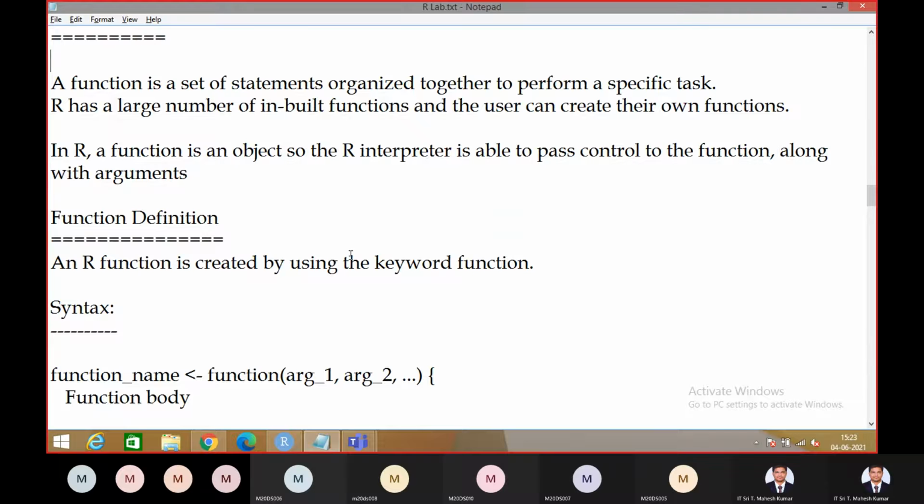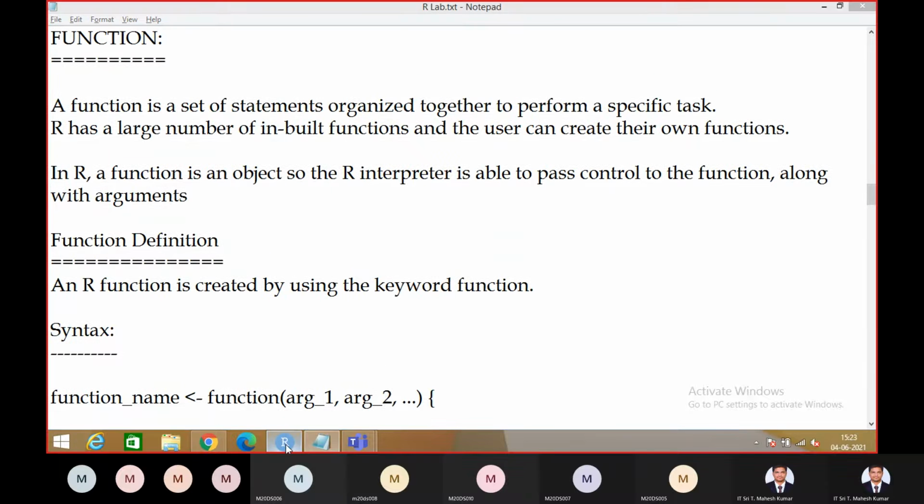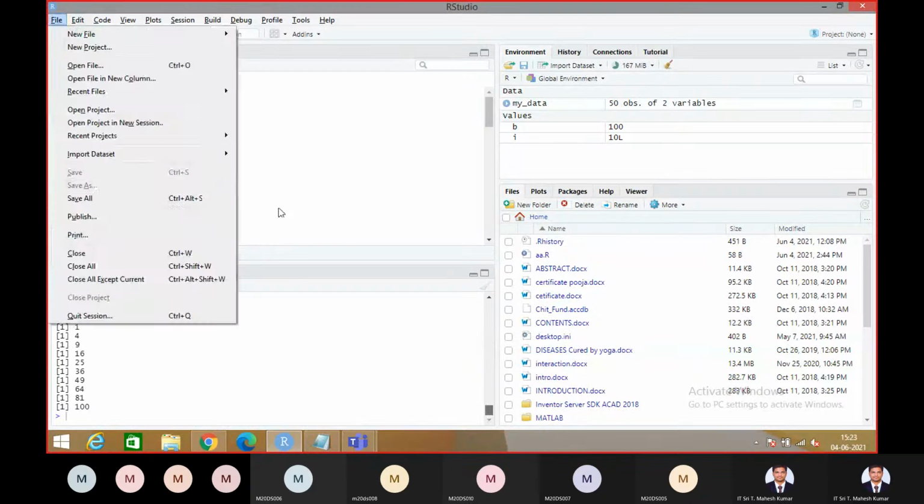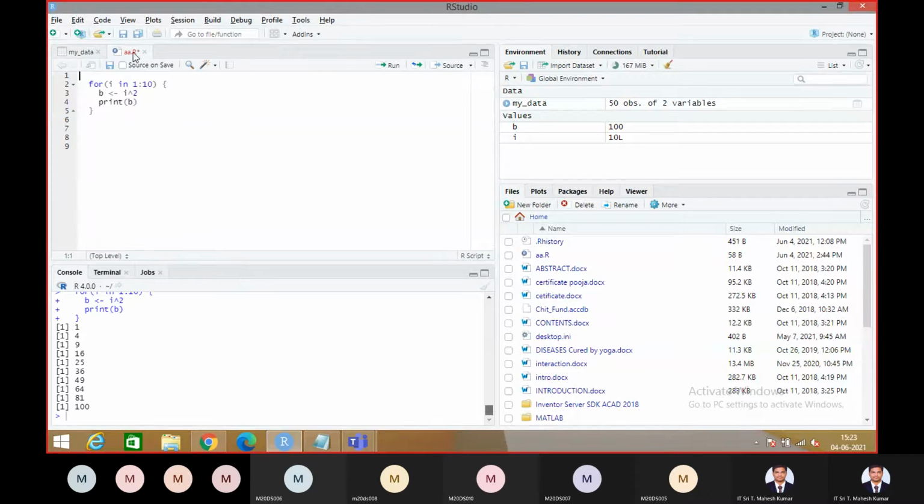Before talking about functions, let me show you RStudio. So this is RStudio, right? Here mainly we have four parts. This is the R script, where you are going to write your R script, and this is the console. You can write programs here and also here, but the basic difference is that this is a console. After writing one line, if you click enter, immediately it is going to execute.